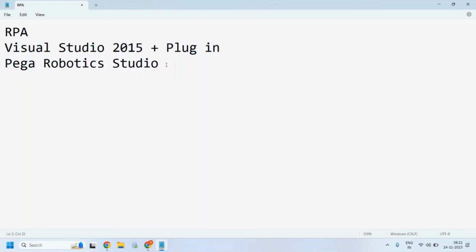And whatever solutions we are developing, we have to give the solution to the end user to use it to automate their process flow. So for developers, they'll be installing either of these. In the business end, they'll be installing Pega runtime software. The same versions, whatever we are using here, the same version they'll be having.